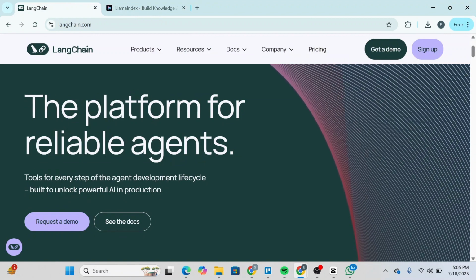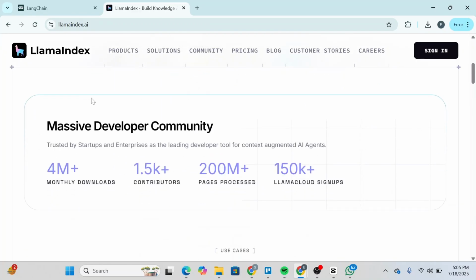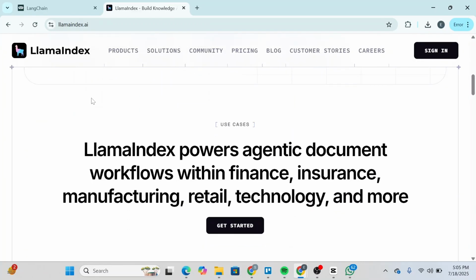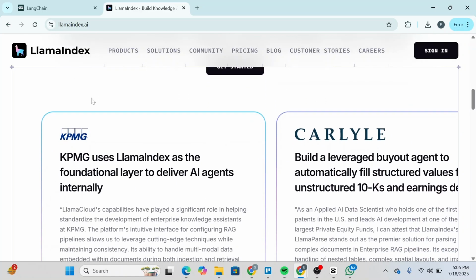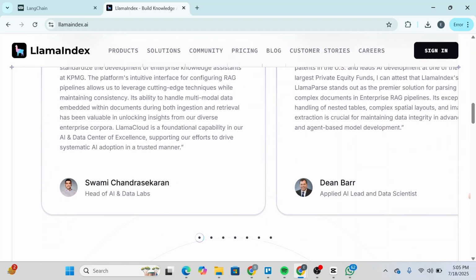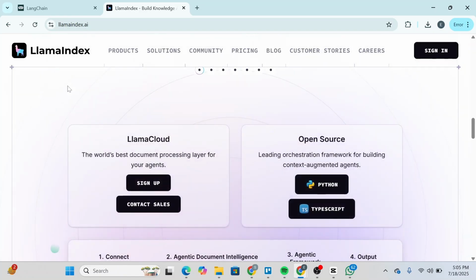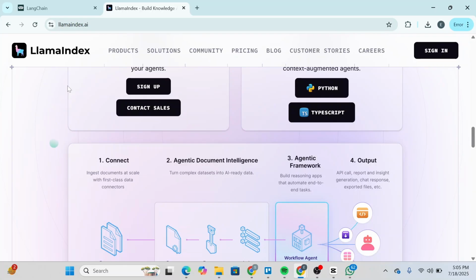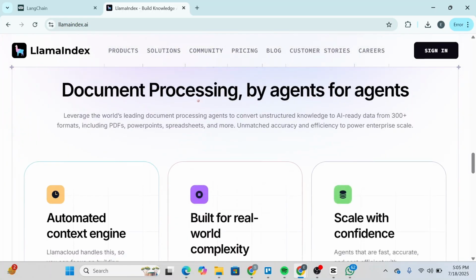So if you're just starting out or working solo, LlamaIndex might feel less overwhelming. It's designed to make it easy to connect large language models with your own information, whether that's PDFs, SQL databases, or Notion pages. With just a few lines of Python, you can get your first retrieval-augmented generation chatbot running. Developers on GitHub and G2 often praise how quickly they can get up to speed, even without deep AI experience.